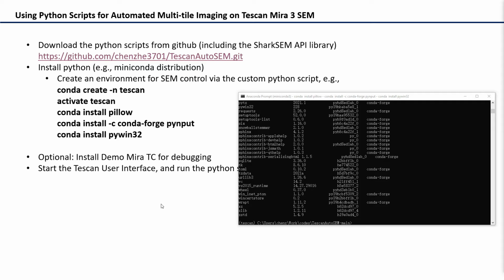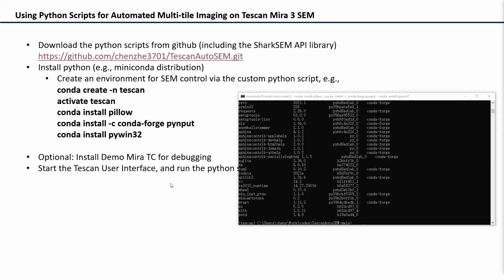To get the scripts running, you also need to have the TESCAN user interface open, so the microscope and your Python program can communicate with each other. And for the purpose of debugging, it's also nice to have this demo mirror TC installed, which is software that comes with the TESCAN installation.